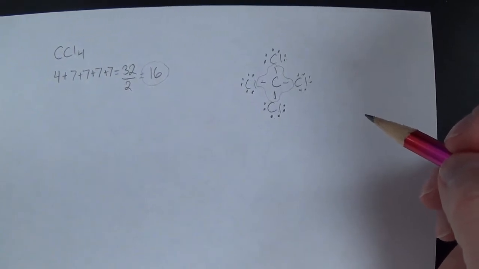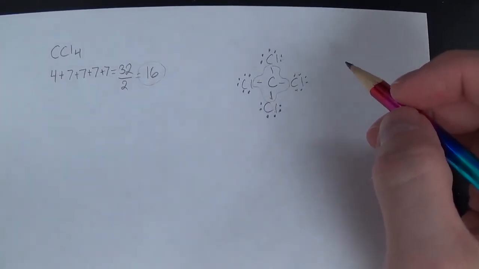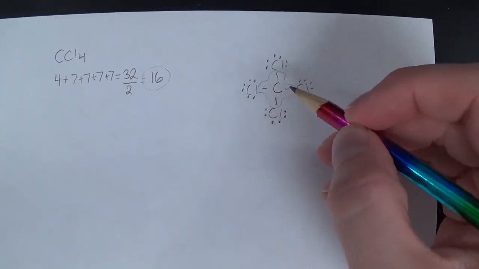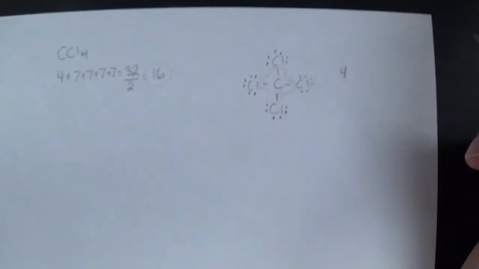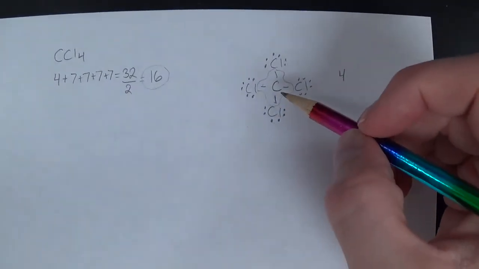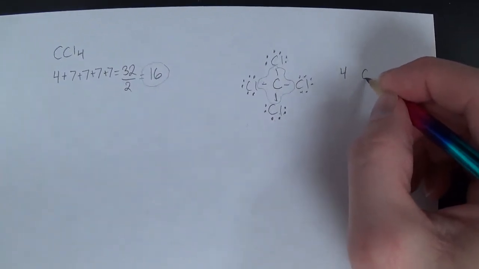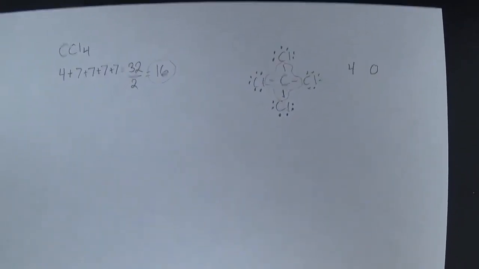Now in real life, it would not look this way. 3-dimensionally, it would look a little bit different. I look at the central atom and I ask how many bonds are on the central atom. 4 bonds are on the central atom. Do I have any lone pairs on the central atom? The answer is no. 0 lone pairs. Okay? That gets me a numerical